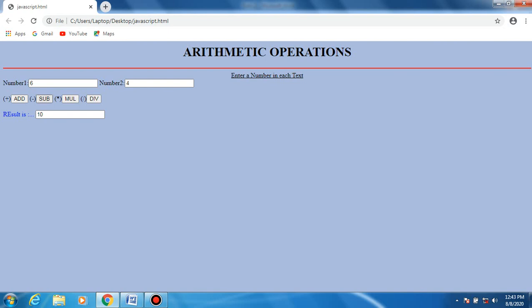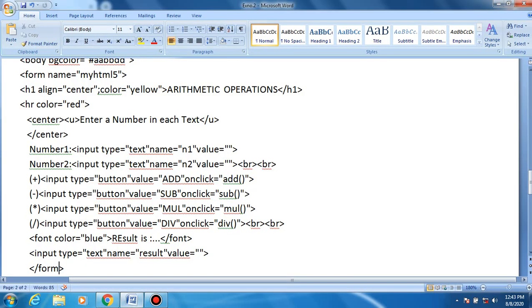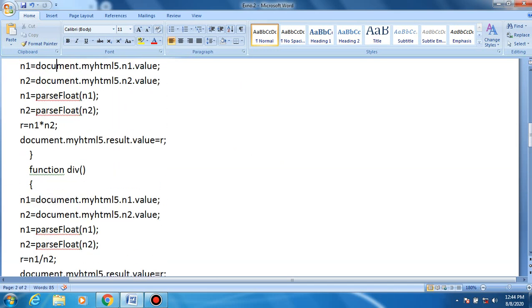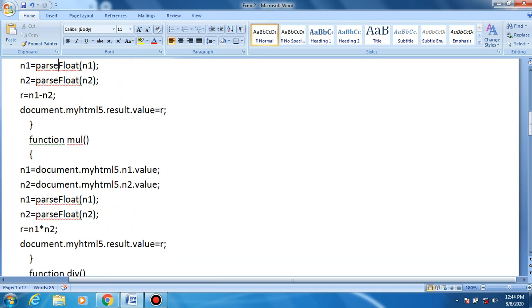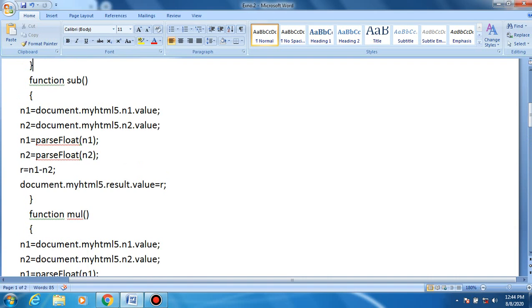The name is sub, capital Sub. On click the subtraction operation is performed, the rest of the operations are not executed, only the subtract function discussed earlier. This subtract function is executed.